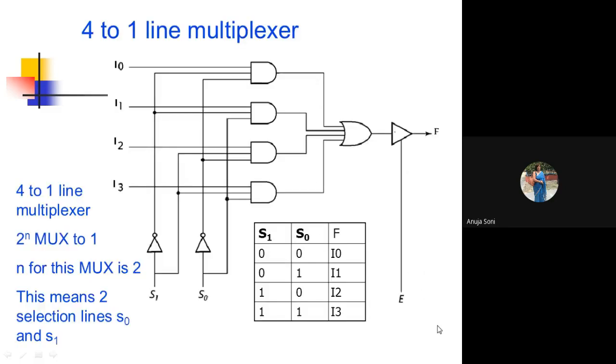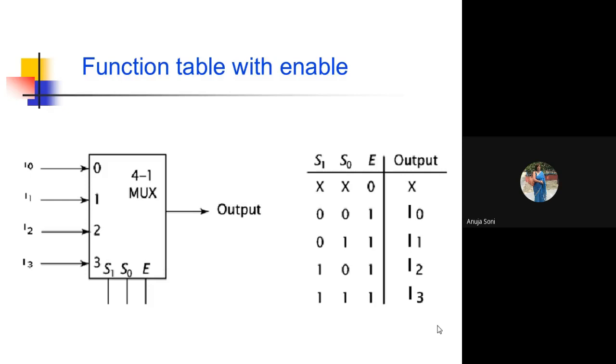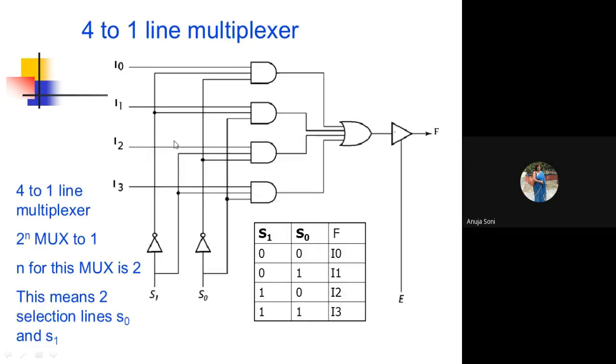And what will be its logic circuit diagram? I told you that in the exam, whenever you are asked to draw a diagram, you have to draw both diagrams: the abstract diagram as well as the detailed logic circuit diagram. So what will be the diagram of this? Or you can omit this right hand side. And you have to draw its truth table 0 0, 0 1, 1 0, 1 1. Whenever 0 0 is there, I0 is chosen, else I1 will be chosen, else I2, else I3 will be chosen.